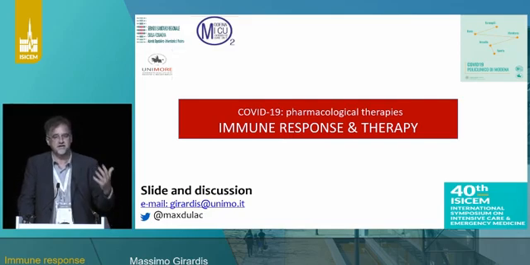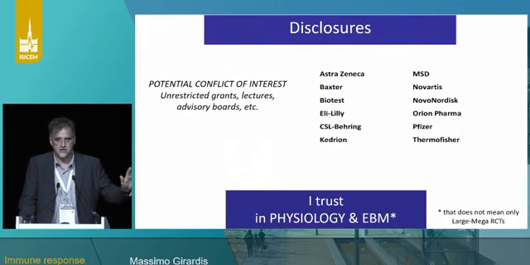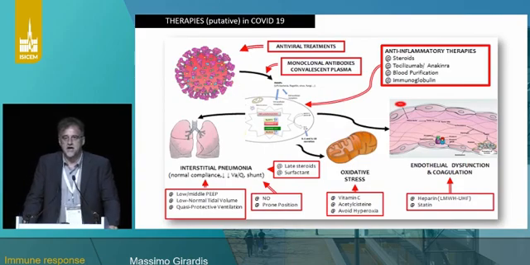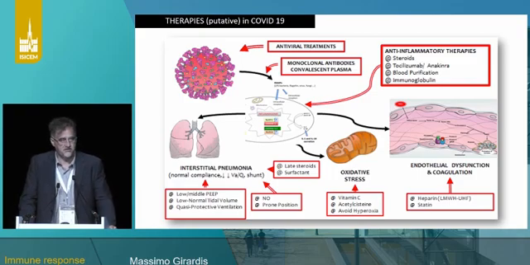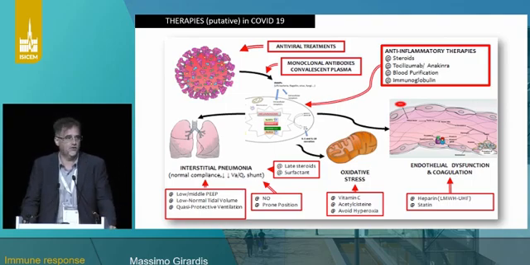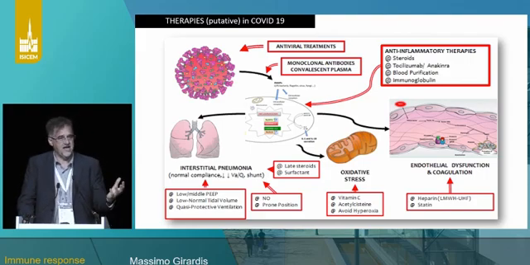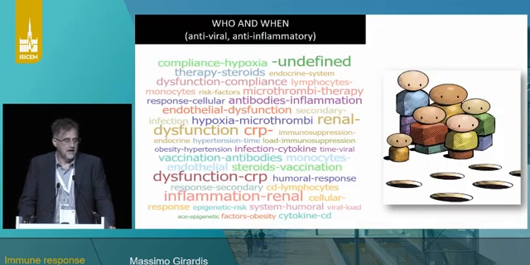I just believe that we can do better, because I have no conflict of interest for this lecture, and I think that many of the treatments that we apply in our patients are based on two simple criteria. I will try to show you that one of the most important things that we have to measure and assess in this patient is the immune response. That, in my view, and I think also for Peter, after me, is the key for better treatment of this patient.